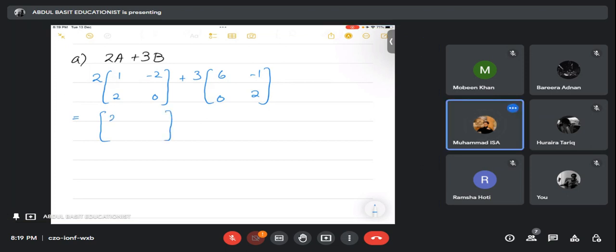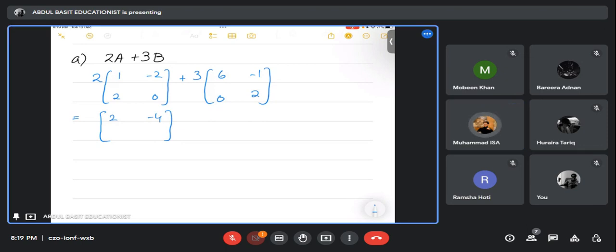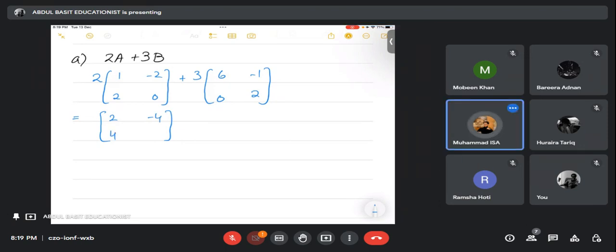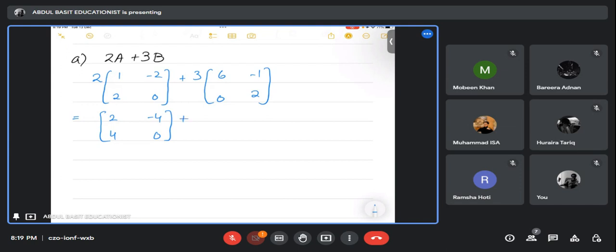2 ones are 2. Yes. -4. Yes. 4. Yes. 0. Good job. Then plus 3. Okay, sorry, यहाँ पे 18. अच्छा, यहाँ पे confusion का एक error देख लें। अच्छा, यहाँ पे most of the time इस तरह होता है कि अगर for example if I have negative sign here, बेटा यहाँ पे जरा देख लें, ये paper में बहुत सारे बच्चे ये error करते हैं। ठीक है, please pay attention. For example this is minus, ये plus तो बहुत easy होता है।